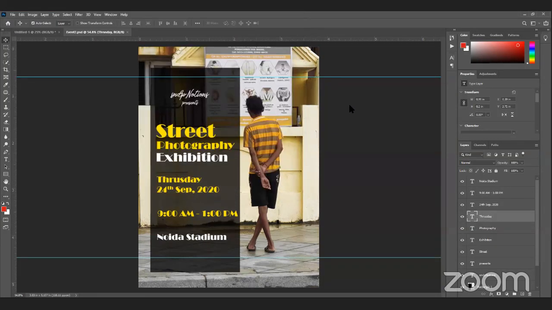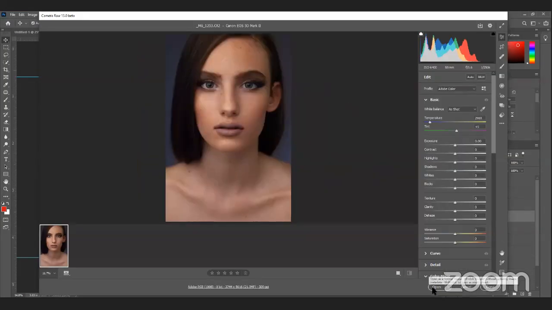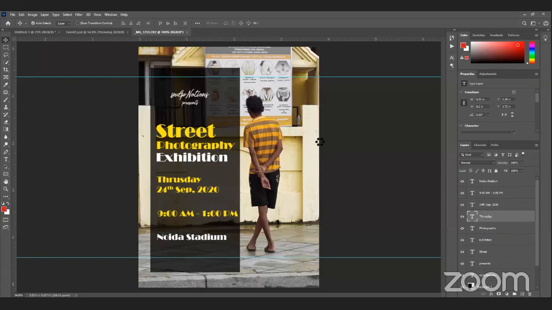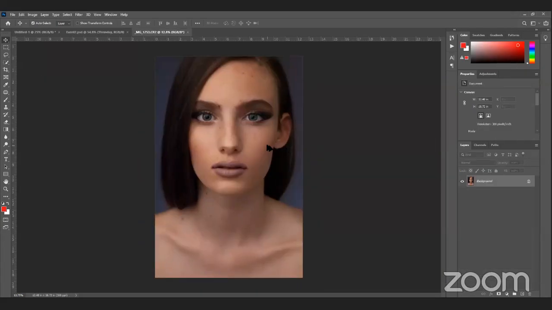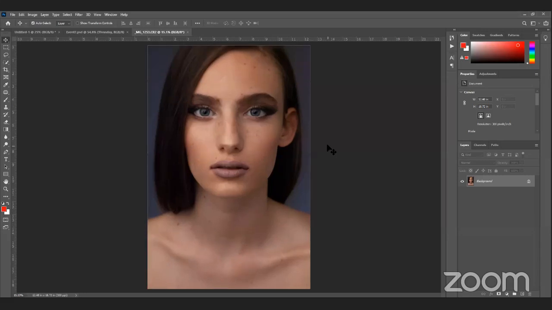I can tell you the minor tweaks that we do on images, and which tools you can use to do them. I'm not a professional retoucher. I just use Photoshop to tweak minor details on the image. So you can see this is the image, and there are some spots.